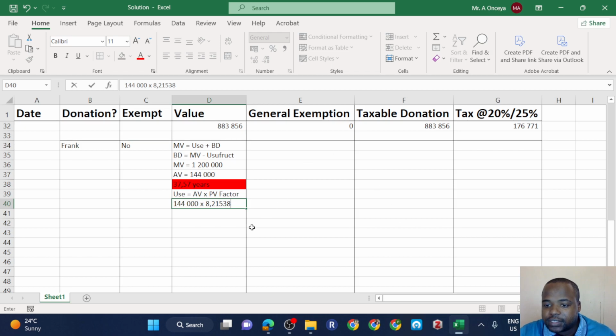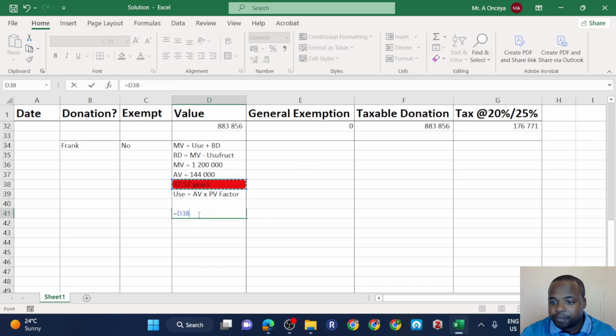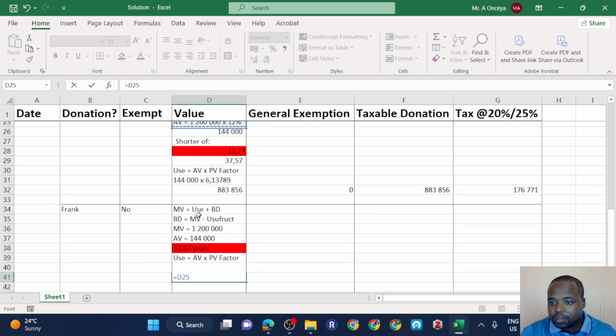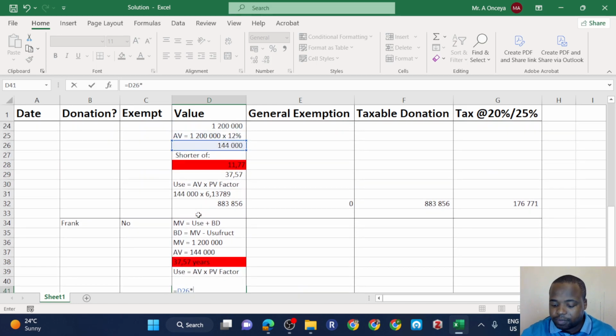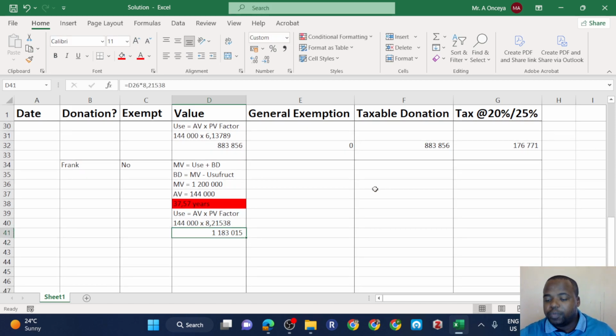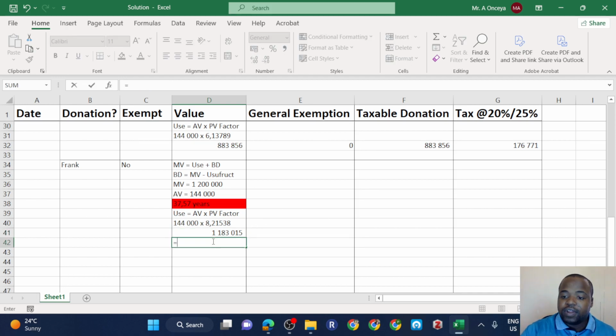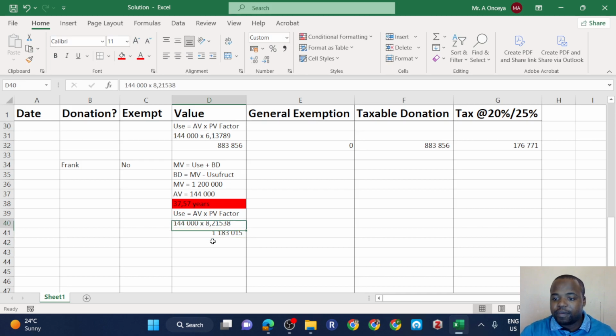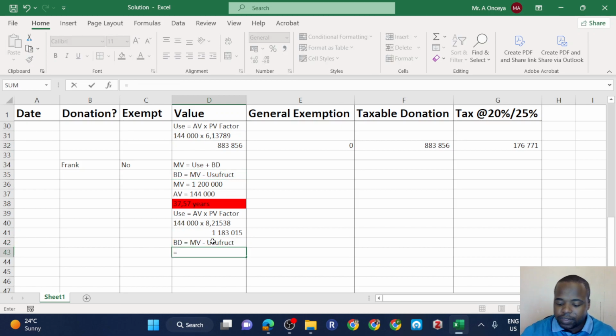The value of the usufruct will then be that multiplied by 8.21538, which is 1,182,015 rands. So the value of our bare dominium, from this equation right here, will then be